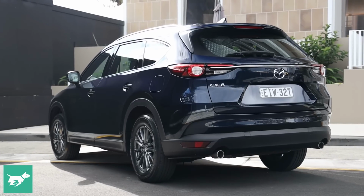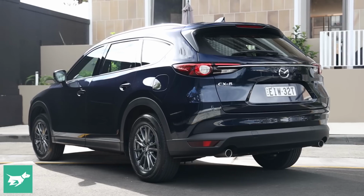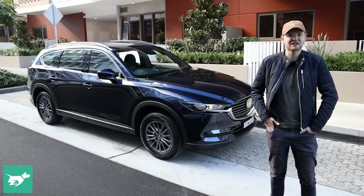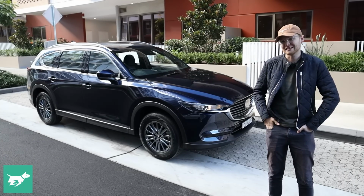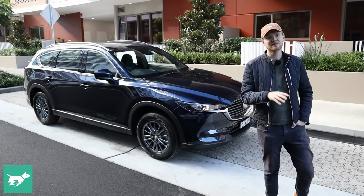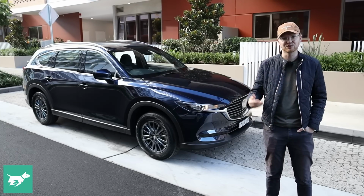Enter the CX-8. Considerably narrower than the CX-9, it is more maneuverable in Sydney's streets in my experience, but it's also smaller in every dimension. It's going to be a little bit more flexible, even if that means it doesn't have quite as much space in the cabin. Now, in today's video, we're going to have a look at just that, the interior, the third